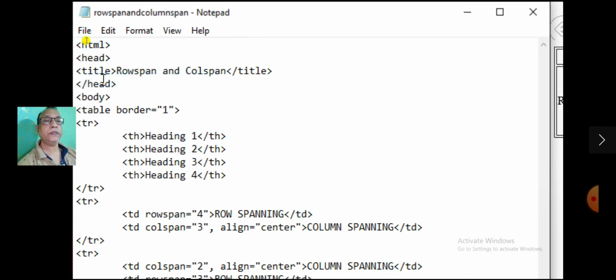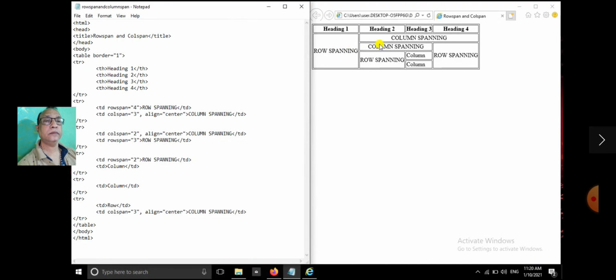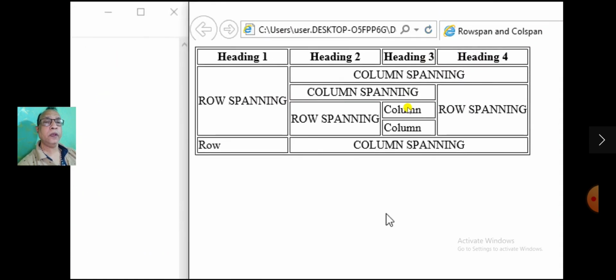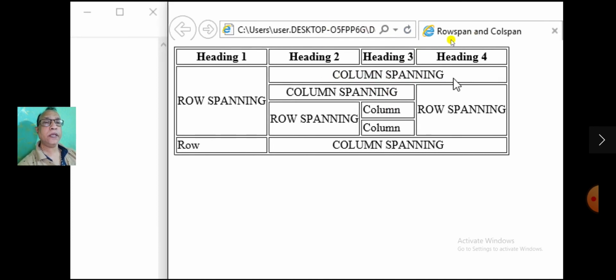Refresh the browser. So if you observe, the first column row is merged for 4 rows. The second row column spanning for 3 columns. The third row column is merged for 2 columns, as well as row spanning for 3 rows.